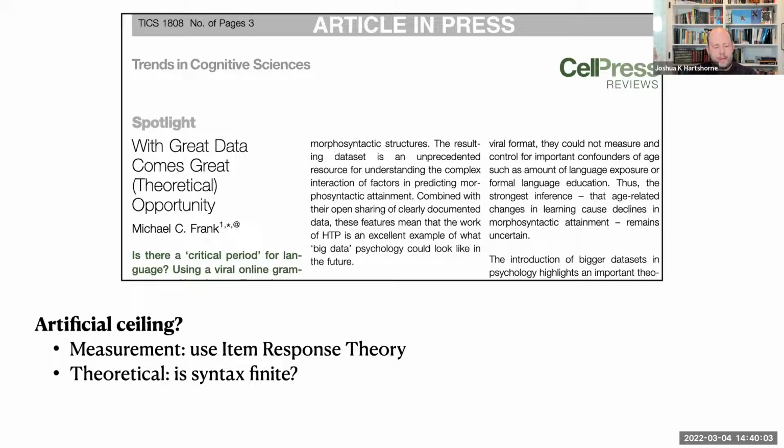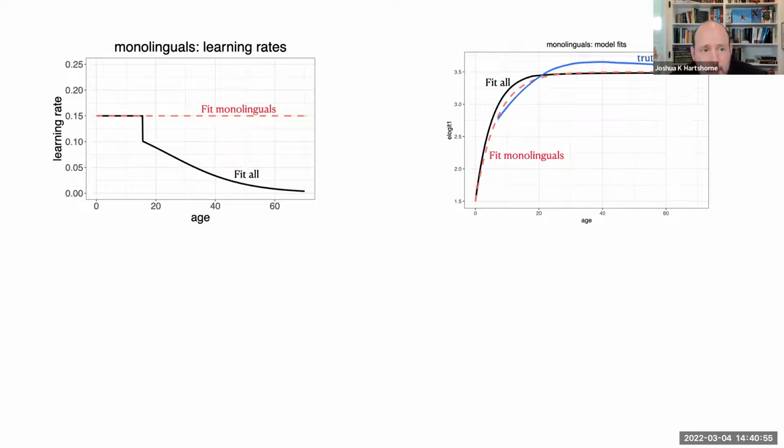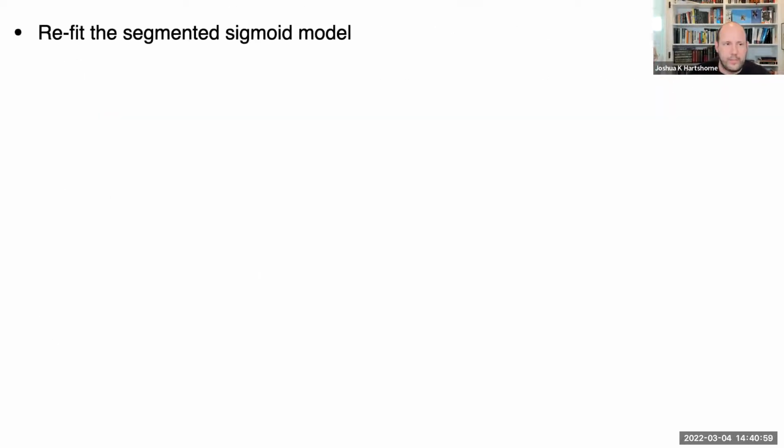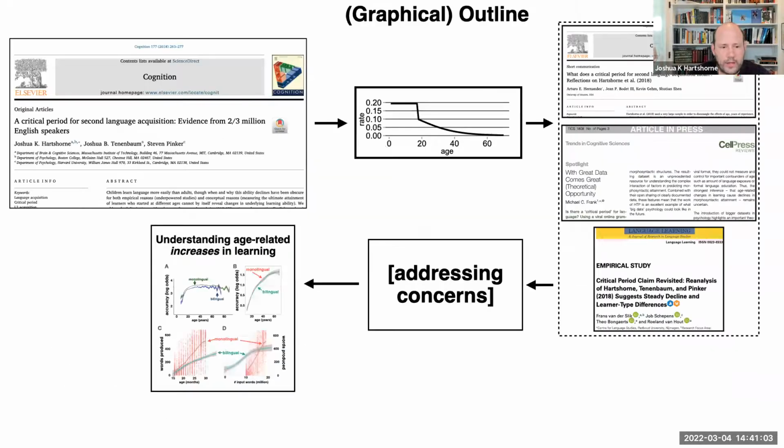But the theoretical point is, he points out that our analyses assume that there is a fixed amount of syntax to learn. Right, we have this exponential decay, and the amount left to learn decays to 0. For many, that makes sense for certain classic generative-oriented theories of language acquisition. But if you subscribe to a construction grammar approach, syntactic patterns are really just like vocabulary. There's no fixed amount, and there's presumably always more out there that you could in principle learn, but the model just can't. It assumes that everybody is going to the same asymptote. I'm going to skip that because I want to talk about something more interesting,